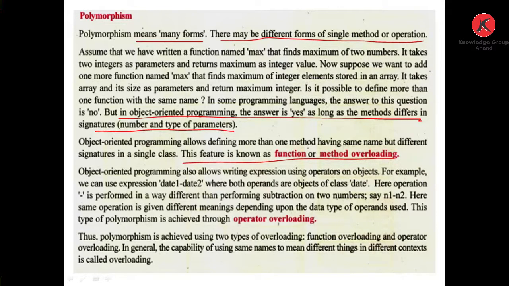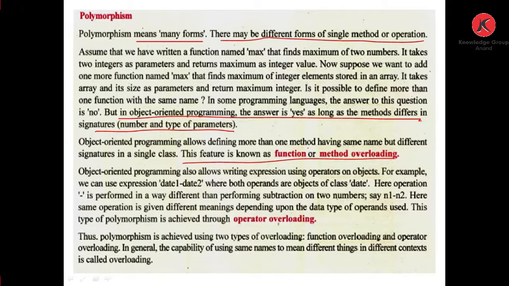Object-oriented programming also allows writing expressions using operators on objects. For example, we can use the expression date1 - date2, where both operands are objects of class date. Here the operation minus is performed in a way different from subtraction on two numbers, that is n1 - n2. Here the same operation is given a different meaning depending upon the data type of the operands used.